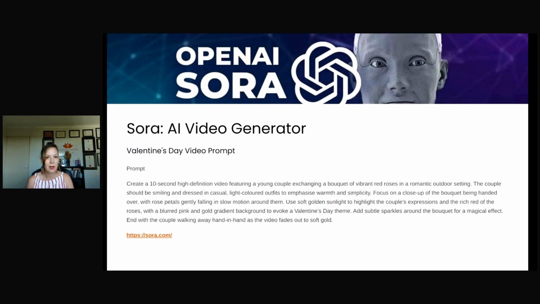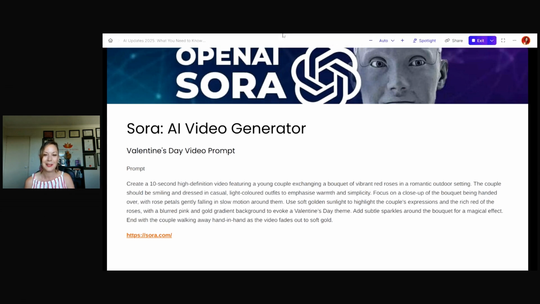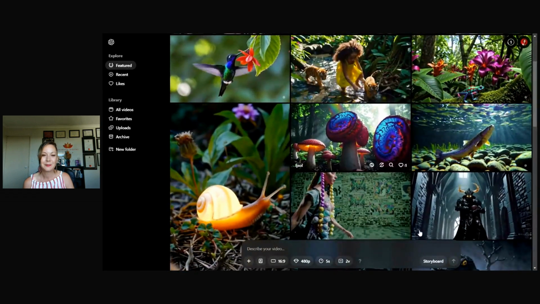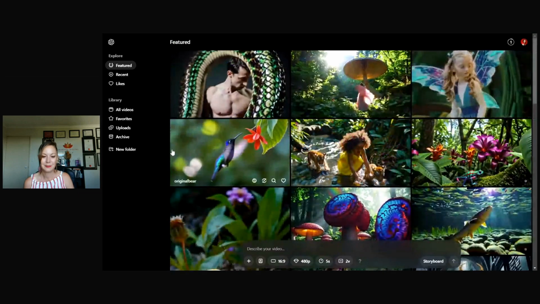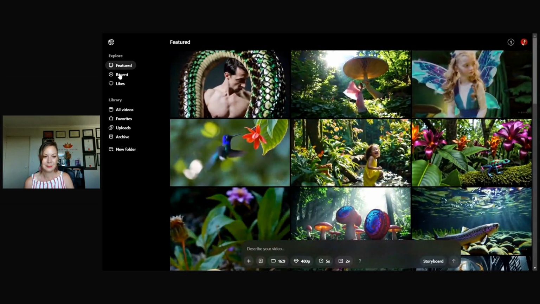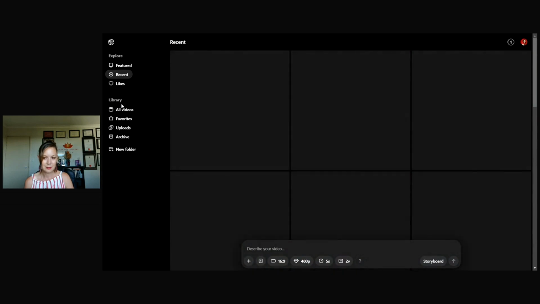Now, I've played with this a fair bit. I had a workshop coming up and I decided to use Sora to create some video, and it was a bit hit and miss. I asked for things like a woman working on her laptop, and she looked very real and it was great. But then this random arm just started floating through the air. It's not perfect, but let's just see what it's come back with. Okay, I think it should be maybe in here.